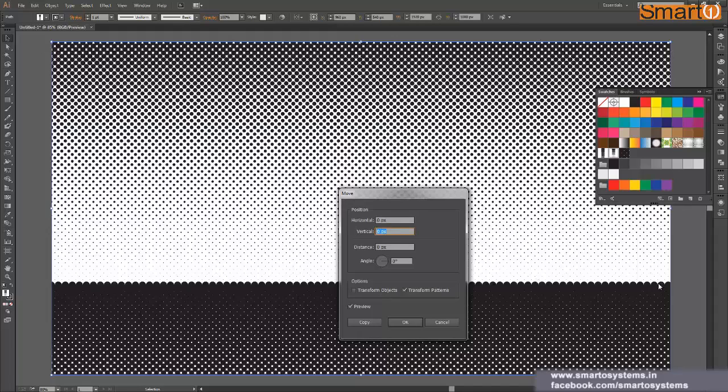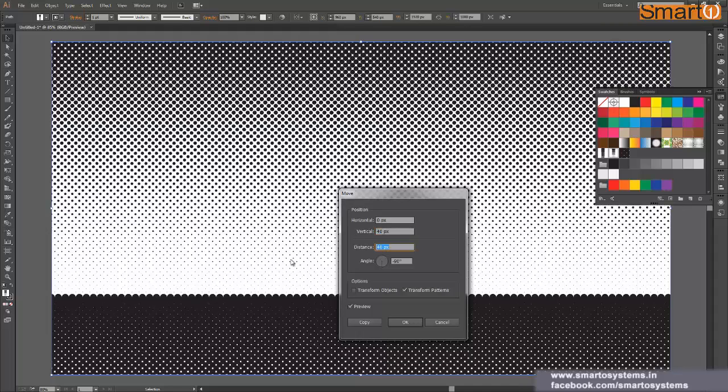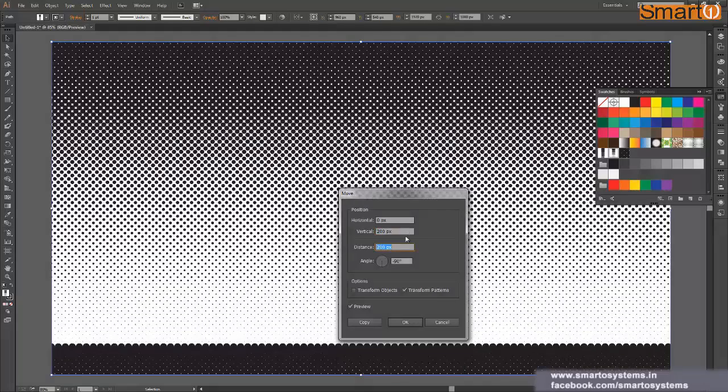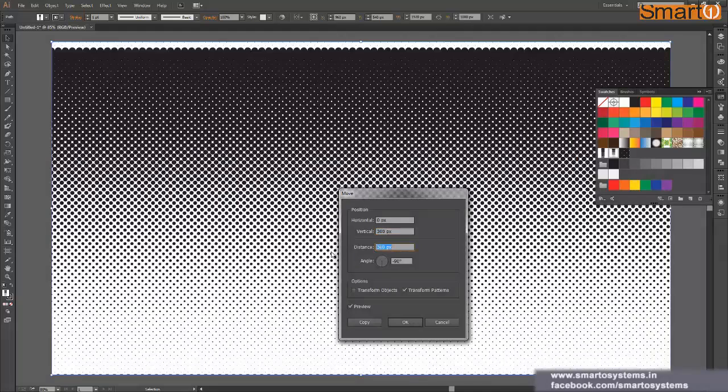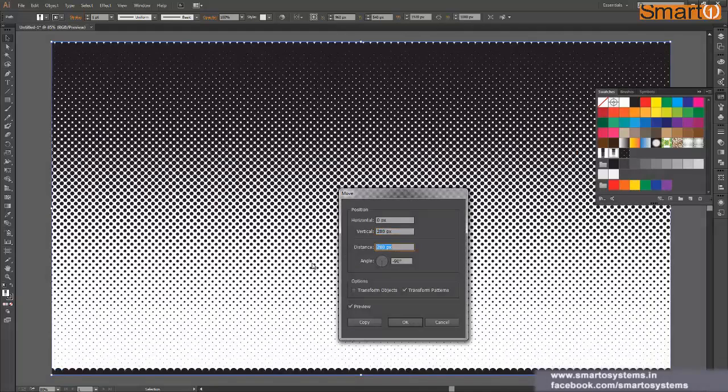Vertically we don't need this line, so let's move it a bit down, I think 40 pixels. 40 pixels is very little, so let's go ahead with 200. That's okay. Let's make it 300 pixels and a little less, I think 280, and this looks okay.